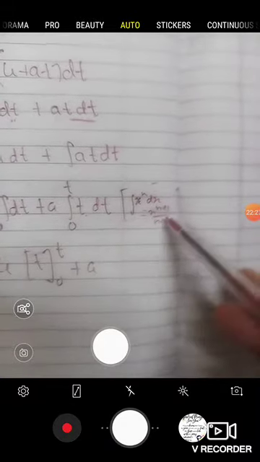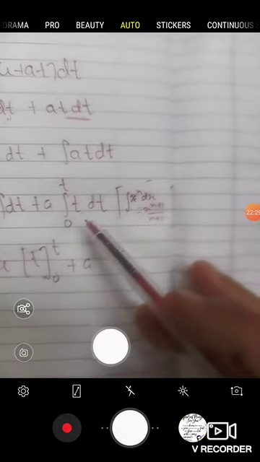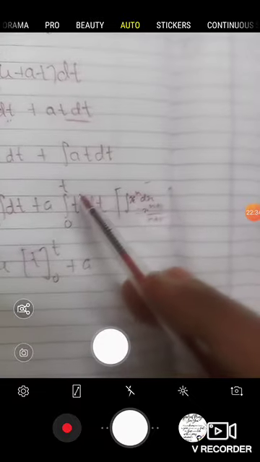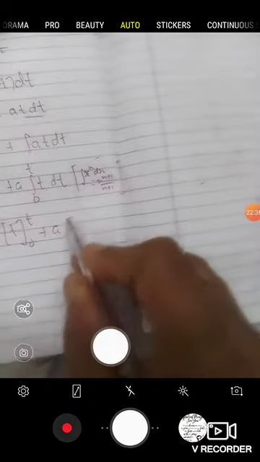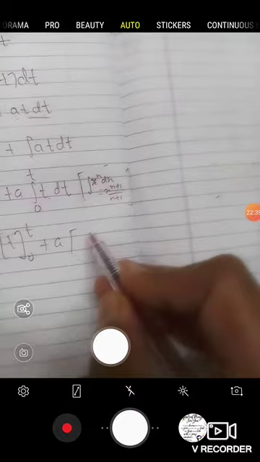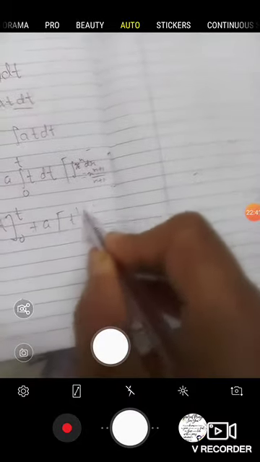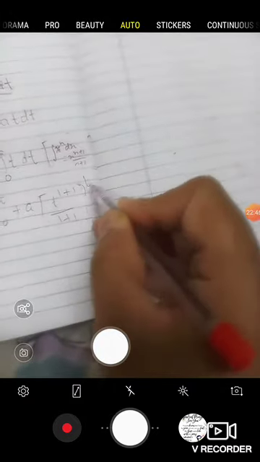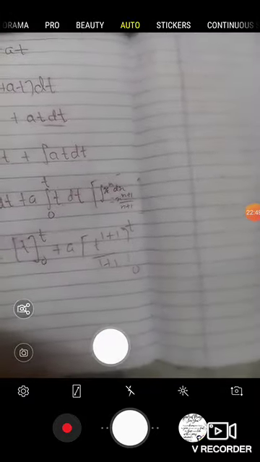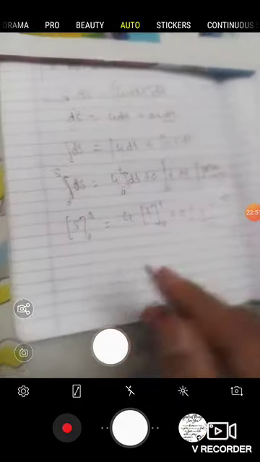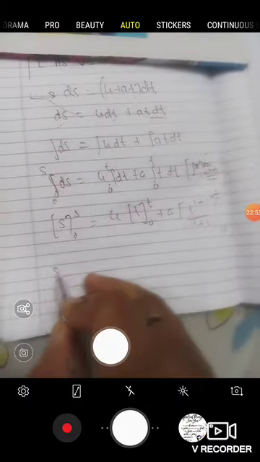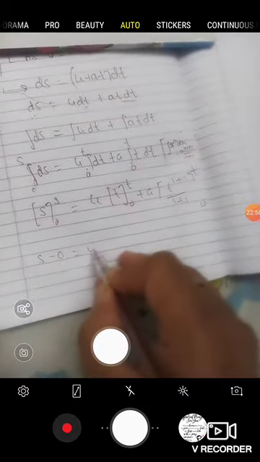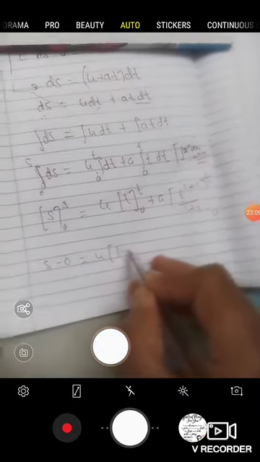So I will use the same formula, only in place of x we are using t, in place of dx we are using dt, in place of n we are using 1 here. So I will apply the same formula here. So t to the power n plus 1 becomes t to the power 1 plus 1 divided by 1 plus 1. Limit is from 0 to t. So again I will come back. I will now put the values. Upper limit s minus 0 is equal to u, upper limit t minus 0.